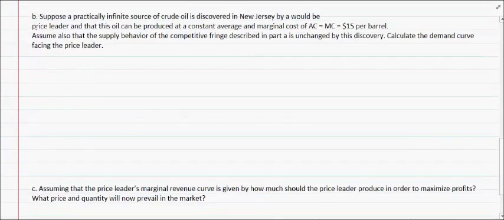Okay, so part B, suppose that now we have a new price leader in the economy, and this firm can produce at a constant average and marginal cost of $15 per barrel. Assume that the supply behavior of the competitive firms that we have in part A is unchanged. Calculate the demand curve facing the price leader. So basically, if I let QL be the quantity demanded